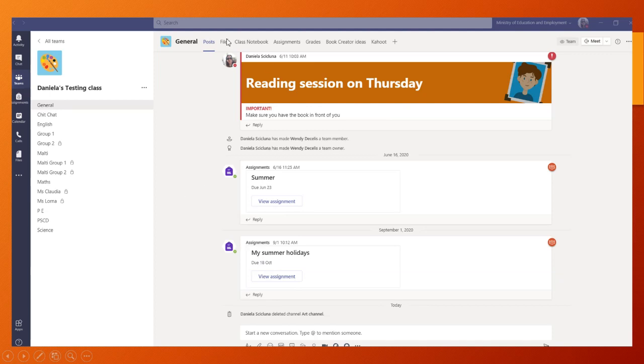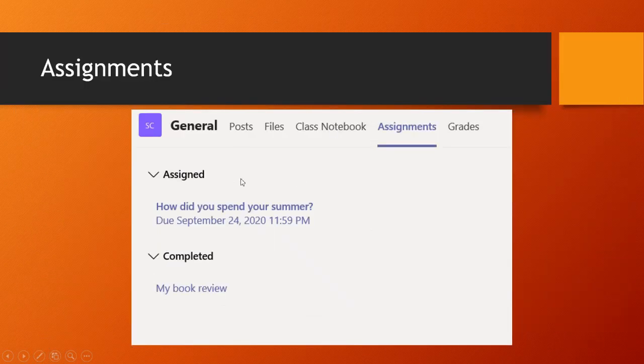All right. Up here, as you can see, there is the file section, the class notebook where the teacher might use. This is very similar to a normal notebook, where she might put up notes and information. This is the assignment tab. I will go into it very soon. And the grades. These two, I will go into them very soon. The assignments tab,